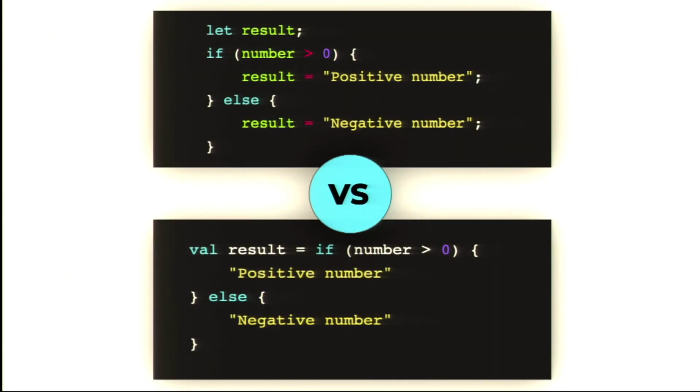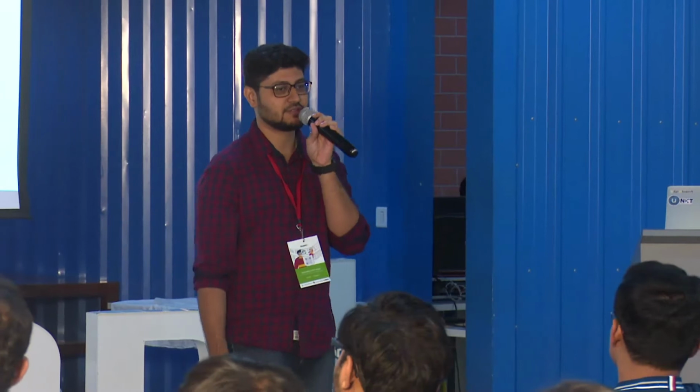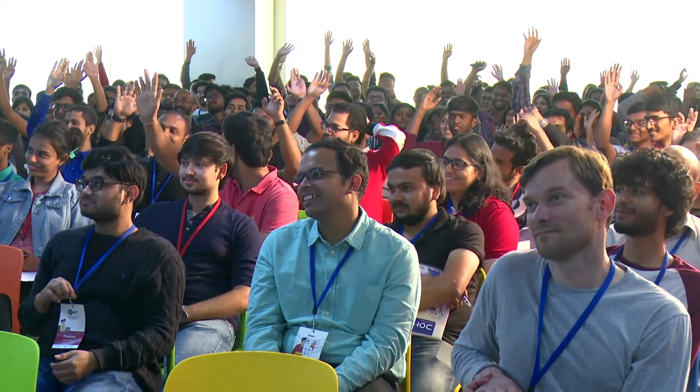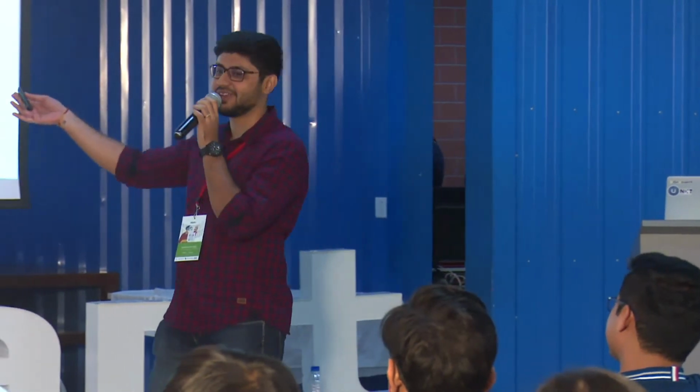This is just an if statement, and a result is being given based on an if statement. So, how many hands for the first one, guys? We won't ask you any questions. No hands. There are no JavaScript lovers here. How many hands for the second one, guys? This election is so rigged. It's obvious, right? It's being used as a function. How cool is that? Second one.